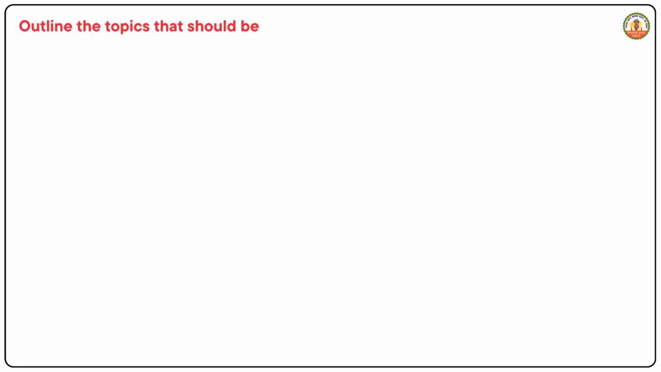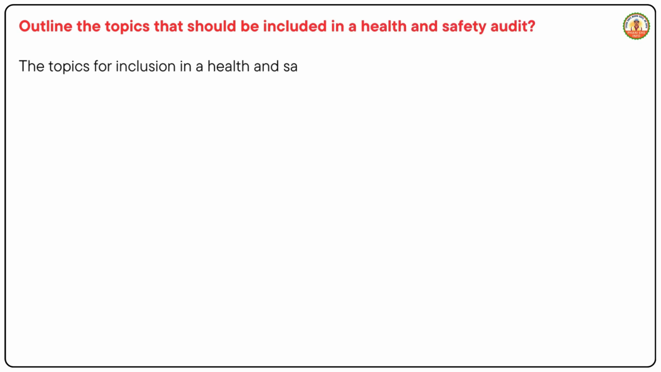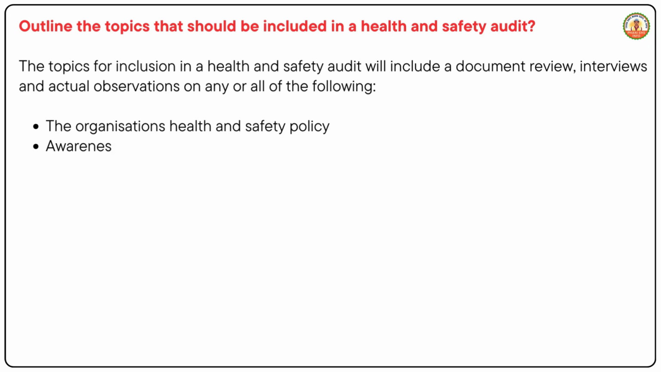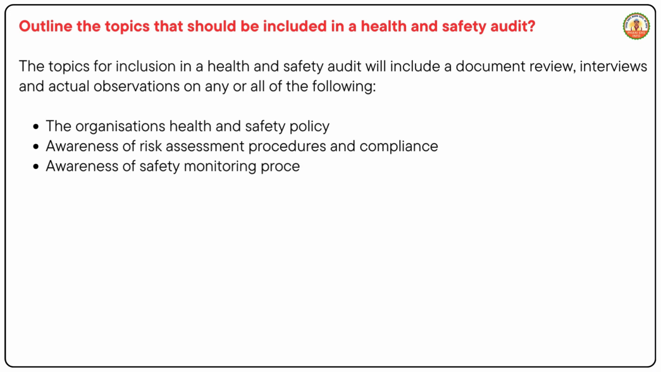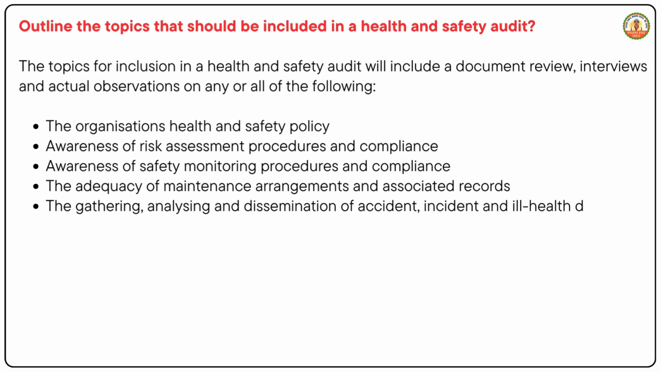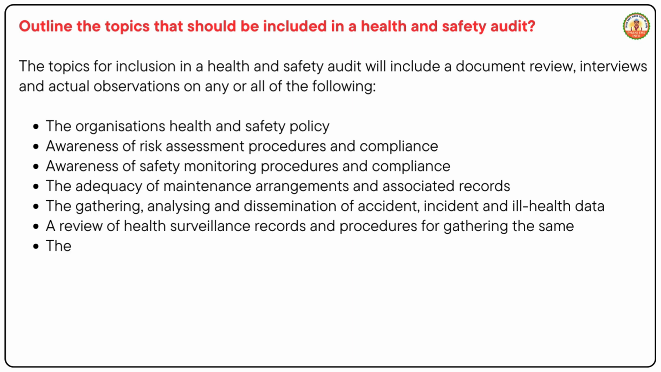Outline the topics that should be included in a health and safety audit. The topics for inclusion in a health and safety audit will include a document review, interviews and actual observations on any or all of the following: the organization's health and safety policy, awareness of risk assessment procedures and compliance, awareness of safety monitoring procedures and compliance, the adequacy of maintenance arrangements and associated records, the gathering, analyzing and dissemination of accident, incident and ill health data, a review of health surveillance records and procedures for gathering the same,